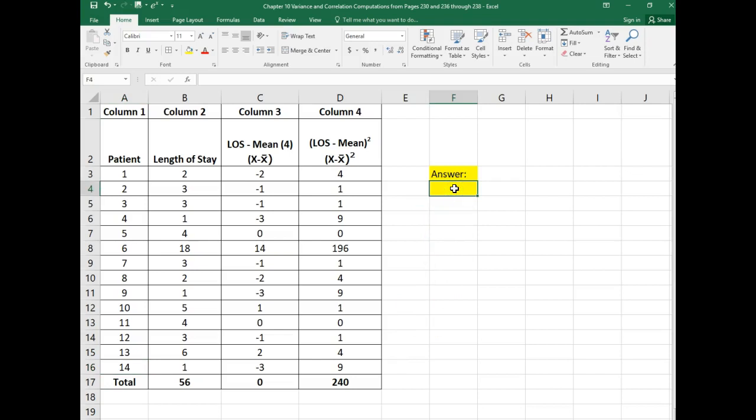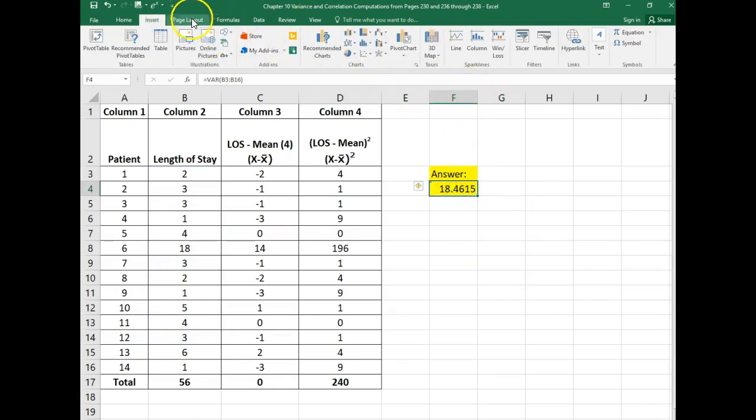I'm going to just put my answer inside of this particular cell. So I'm going to hit the equal sign, then I'm going to start typing variance, VAR, and you'll see that right here we've got a VAR. Double click it, and then you're going to go over and select these numbers here. For all 14 patients, you're just going to select the lengths of stay. It populates here, as you can see, and you're going to hit Tab, and it's going to give you your answer. And take this back down to